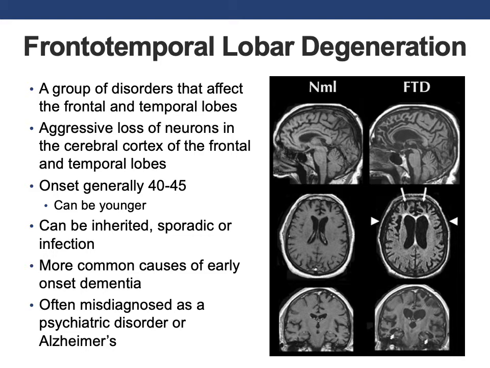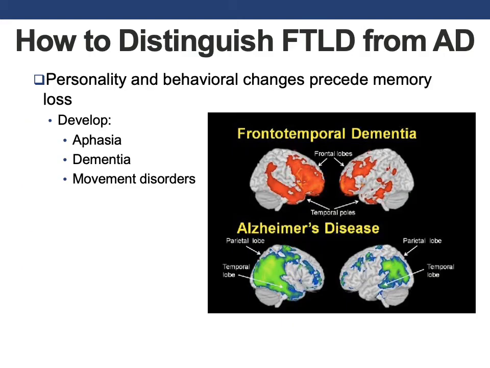This condition is often misdiagnosed as a psychiatric disorder or Alzheimer's disease in the early stages. We're going to cover why it's confused with Alzheimer's next. How to distinguish frontotemporal lobar degeneration from AD. As I mentioned in the previous slide, FTLD is often misdiagnosed as Alzheimer's because it manifests signs very similar to